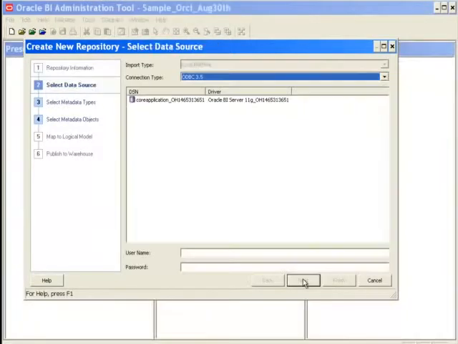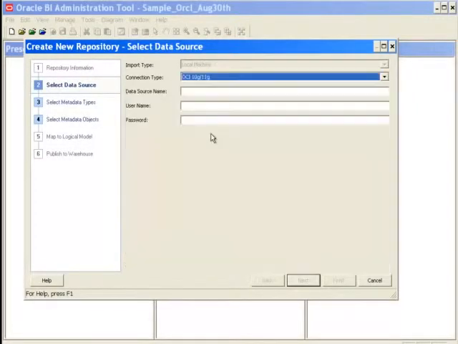Click on Next over here and you will be able to see the Select Data Source dialog box. From the connection type, use OCI 10G/11G, where OCI stands for Oracle Call Interface. It is a native driver provided by Oracle Corporation for connecting to the Oracle database. Provide the data source name as ORCL, enter the username as sales and enter the password as admin123.